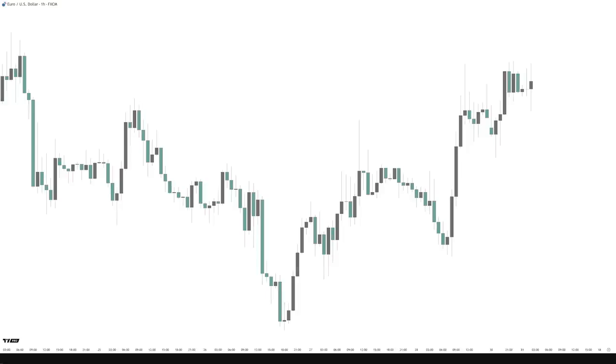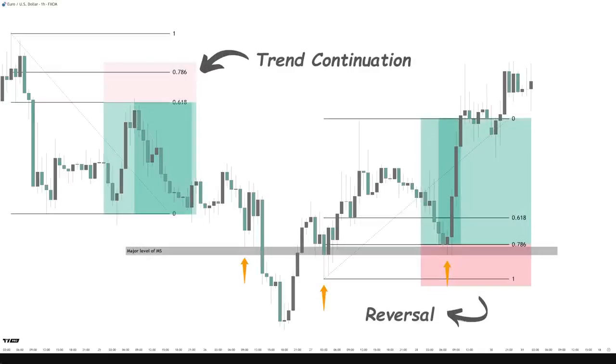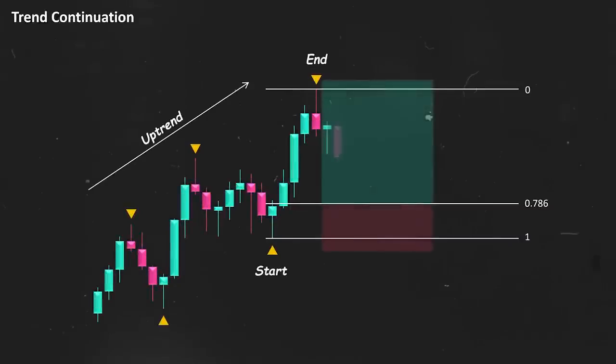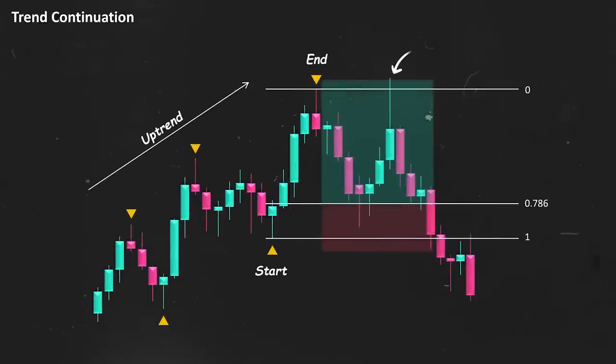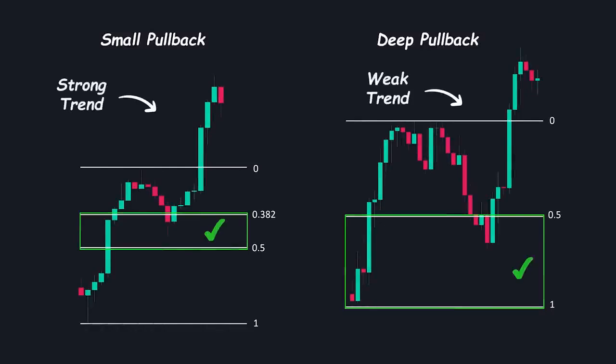Hey guys, in this video, we'll show you how to take both continuation and reversal trades using the Fibonacci Retracement tool. These strategies have proven to be profitable for many traders over the years in Forex, crypto, and gold. We'll walk you through how to set up your trades and where to exit, step by step. We'll also explain the psychology behind these strategies and why they work, so you can backtest them and trade them